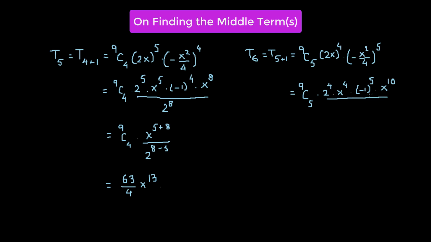Now 4 can be rewritten as 2 squared, so we have 2 squared raised to the power of 5. With the 2 and 5, the exponents get multiplied to give us 2 raised to the power 10,